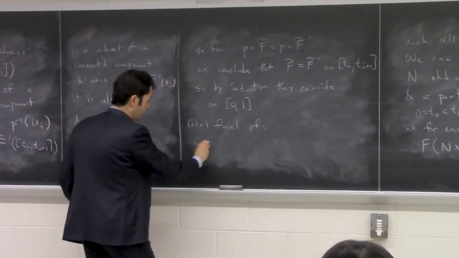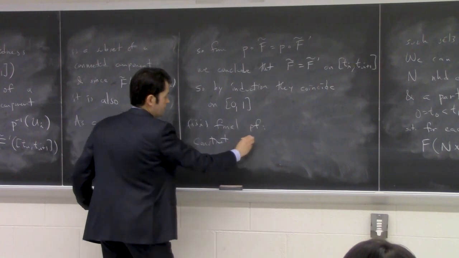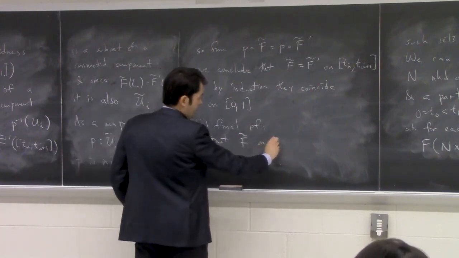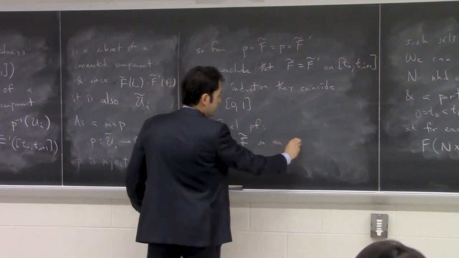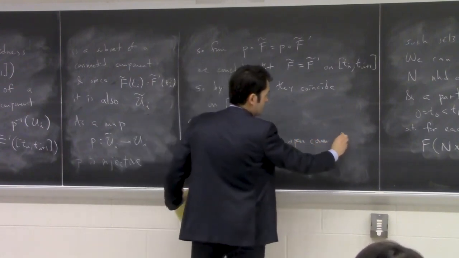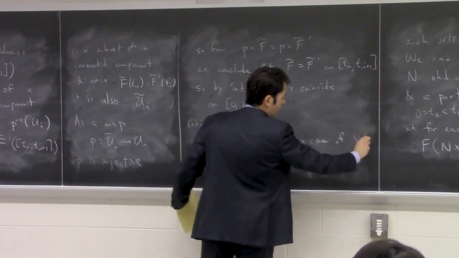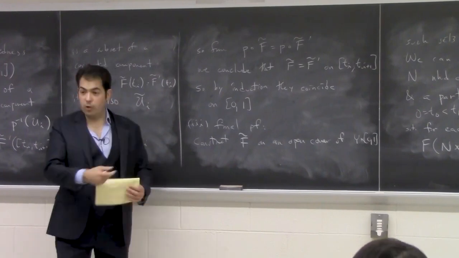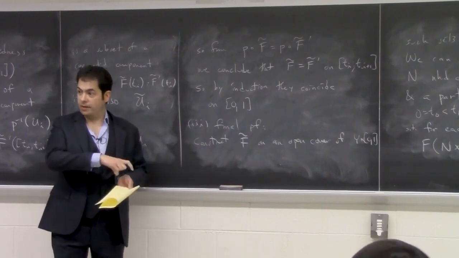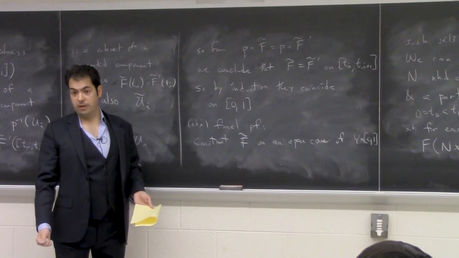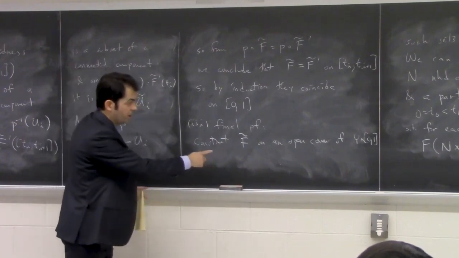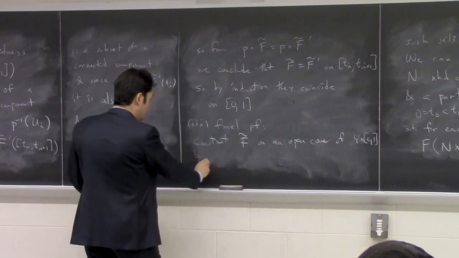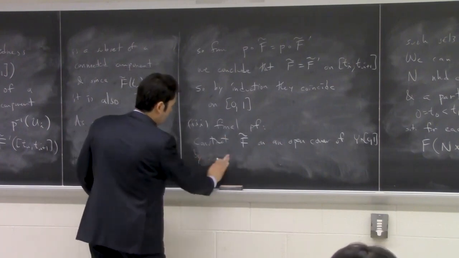So we can construct F tilde on an open cover of y cross the interval, right? Because for every point in y, we know we can construct it on a neighborhood of that y cross the interval, right? So we know we've constructed F tilde on such an open cover, and by uniqueness, well, let's say by part 2,